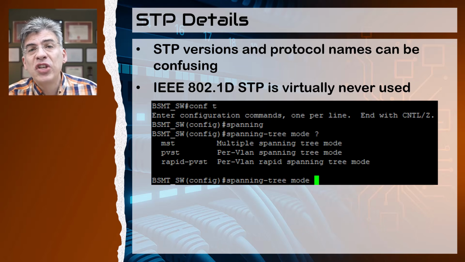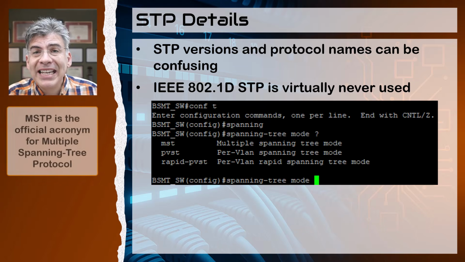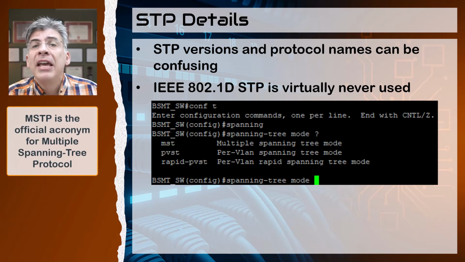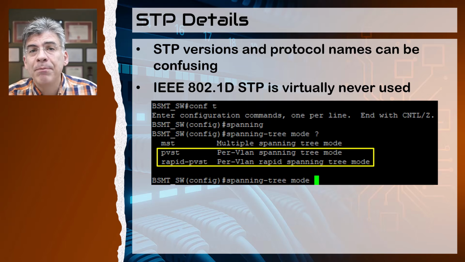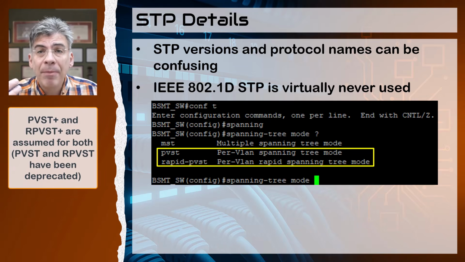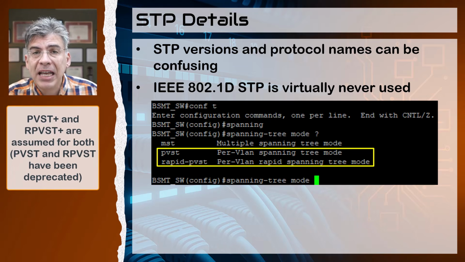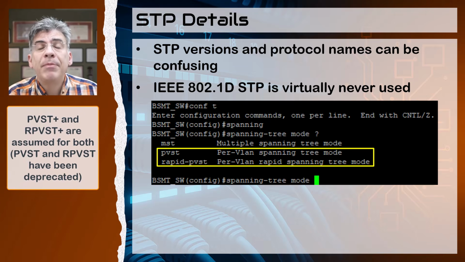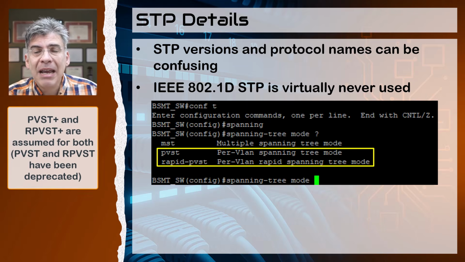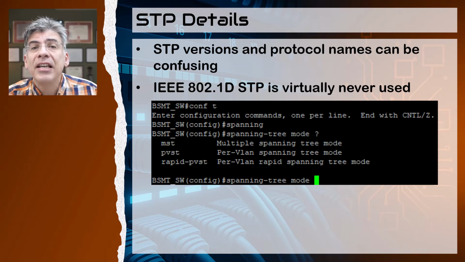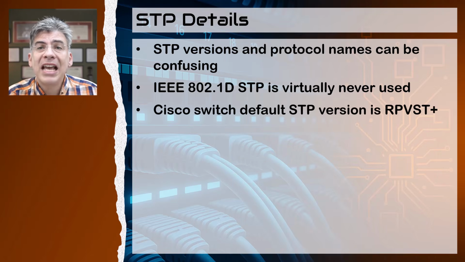Now, this introduces a new point of confusion. First, you can see that the multiple spanning tree is referred to here as MST, where the official name is MSTP, so keep that in mind. The other thing is that for both PVST and RPVST, there's no plus here, even though it is indeed the PVST Plus and the RPVST Plus protocols that are being referenced here. So we assume that that plus is used because the PVST protocol has actually been deprecated and it's no longer in use. Now, in most Cisco switches, the default mode is Rapid PVST Plus, which, as I said before, is